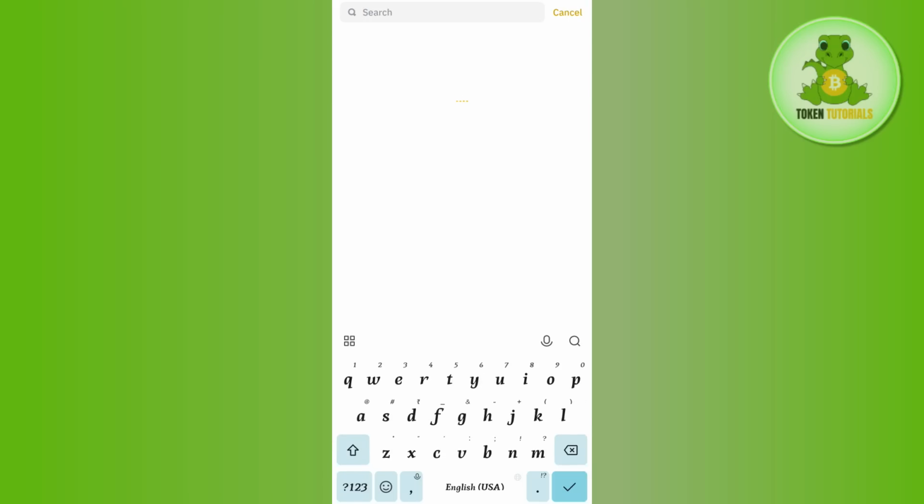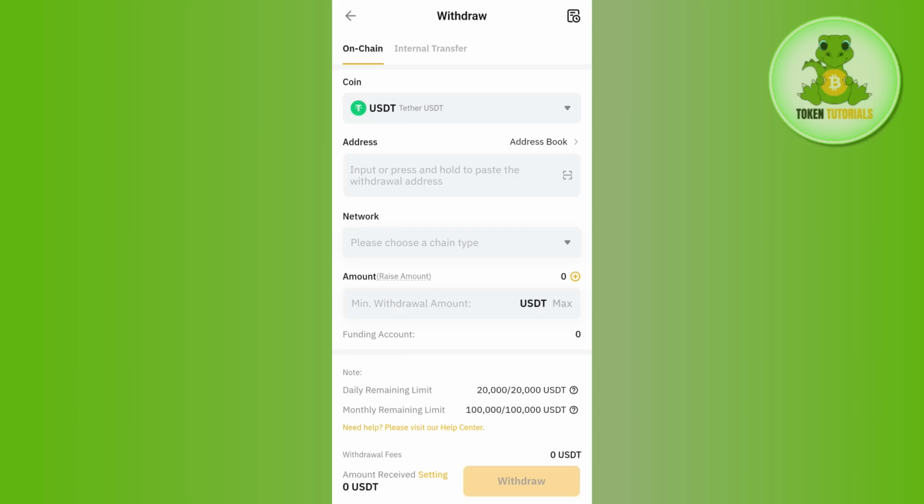Then in the search bar, you simply need to search for USDT and after that it will ask you to select the network. So you will have to select any of the networks as you want. Let's say you have selected the BEP20 network. So after selecting it, it will show you the QR code as well as the deposit address which you need to copy from here. Then come back to Bybit and you simply need to paste the address in this address